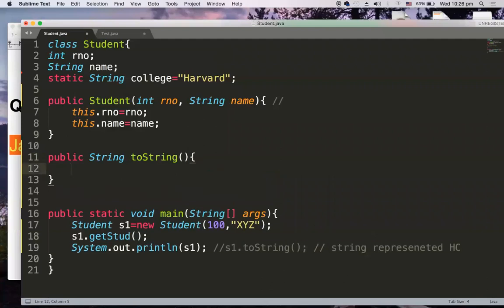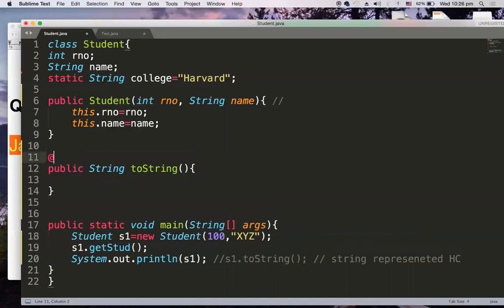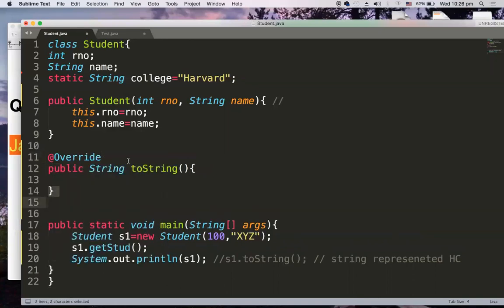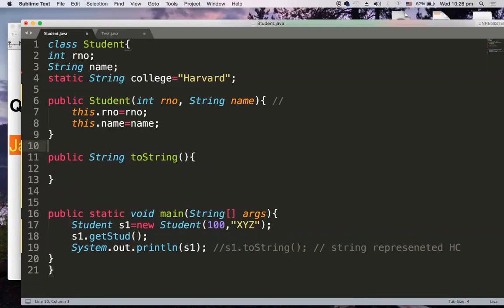Okay, so here it returns a string, right? So now I am overriding this toString method. If you want to clearly say you are overriding, you can make use of an annotation called @Override. Otherwise it is optional. If you want to use it, you can. I will prepare a question on this particular annotation, and we will understand it clearly over there.